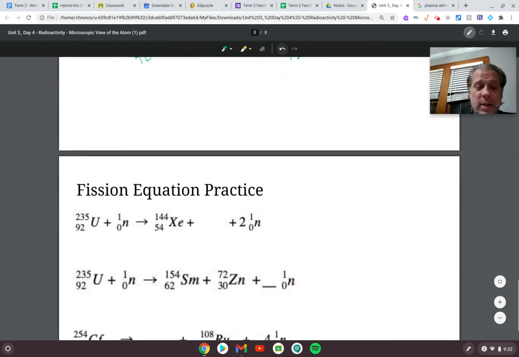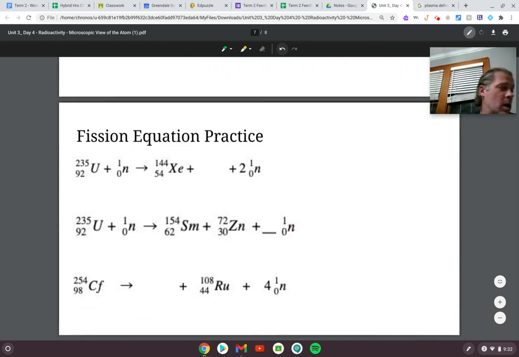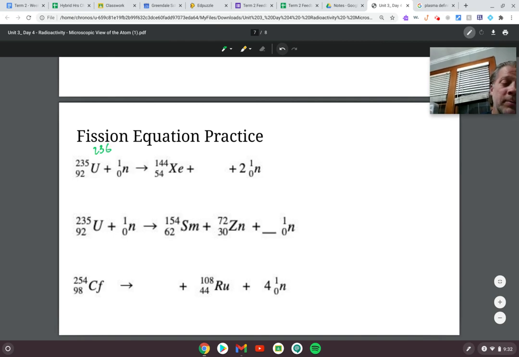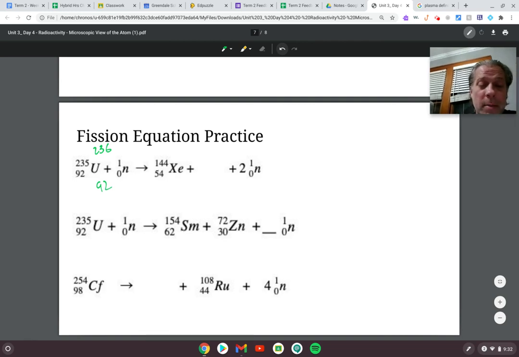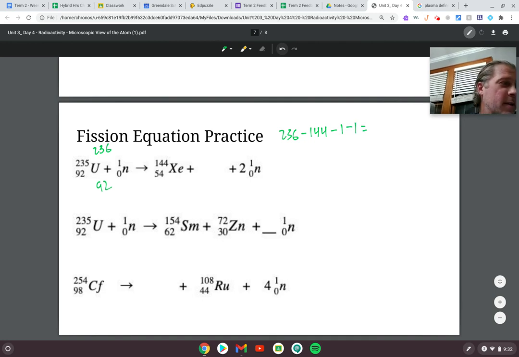So here are a few examples. On the left side here, I have 235 plus 1, which is going to give me 236 for my mass number, and 92 plus 0 is going to give me 92 for my atomic number. I have 144 blank and 2 neutrons. So what I'm going to do is take 236 minus 144 and minus 1 and minus 1, and I get something like